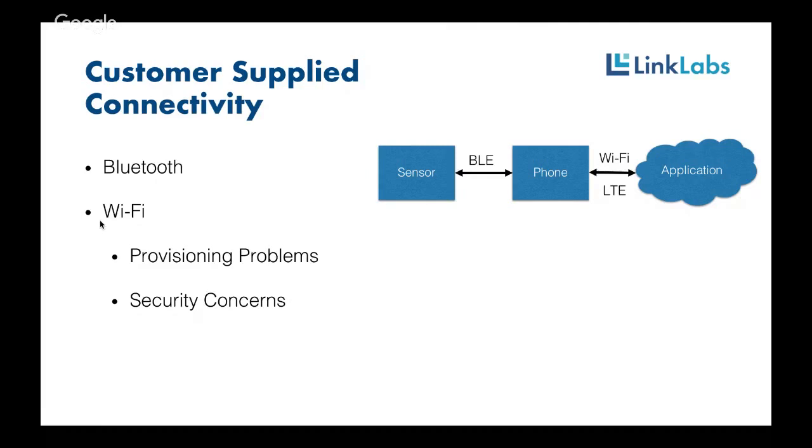And then these days, the prevalence of Wi-Fi connected devices being a vector for LAN cyber attacks means that a lot of IT teams are no longer comfortable with third parties connecting little Wi-Fi based sensors to their corporate networks. And obviously there are workarounds for that. There are DMZs and other technologies to make that easier, but that is a very common challenge that we see to using Wi-Fi for your connectivity.